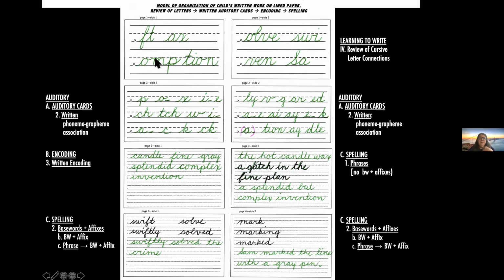I do want kids sometimes to write larger when they're doing the connections for a longer time. I could have put all of this on the 5-line paper, and eventually that's what would happen. With some kids, it happens a lot sooner than with others because the handwriting isn't an issue. But for those kids who resist using their whole arm, it really makes a difference in helping to make it automatic. And you see when it's larger, you really do have to dip down further when it's a high connection E. Same thing here.